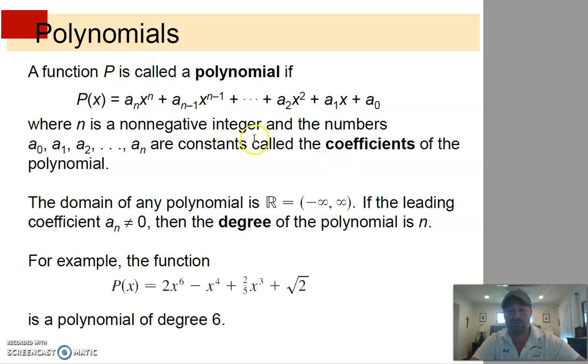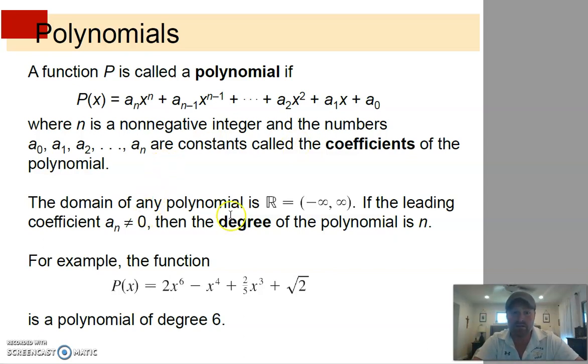Now, a polynomial function plays into a lot of what we're talking about, especially when it relates to sketching, creating different functions that behave in different ways. A function p is called a polynomial if it has many terms. Poly meaning many, so we have many terms here. Okay, n is a non-negative integer. a sub 0, a sub 1, a sub 2, up to a sub n are the constants, or essentially the values that fall in front of the